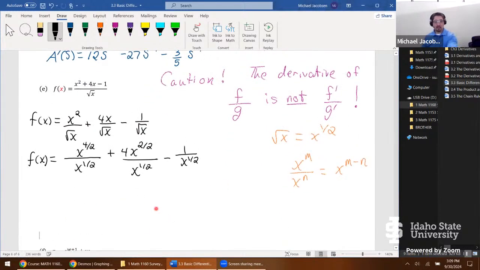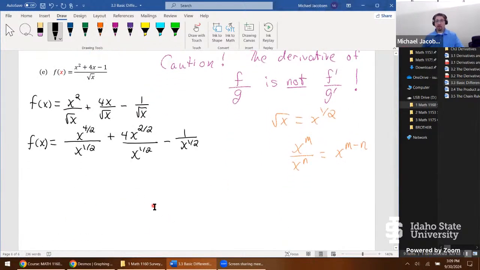So last couple steps, and we're about ready to finish this off. But one thing you might notice here is everything in black is the original function. I can't put a prime on any of these because we're not even differentiating yet. We're just simplifying the function so that it's in the right format for differentiation. So still at f of x,